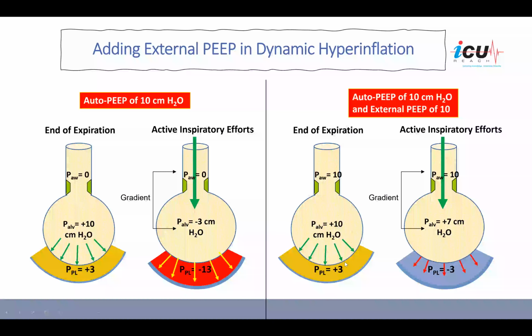We still have the 3 centimeters of water, which are transmitted because of the auto-PEEP. And now you can see here, if we have airway pressure of 10, in order to create a gradient or decrease by 3 centimeters of water, all we need to do is decrease the alveolar pressure to 7 centimeters of water. And we can do this by going down from +3 to -3. So the patient will only generate 6 centimeters of water negative inside the chest in order to trigger the ventilator,